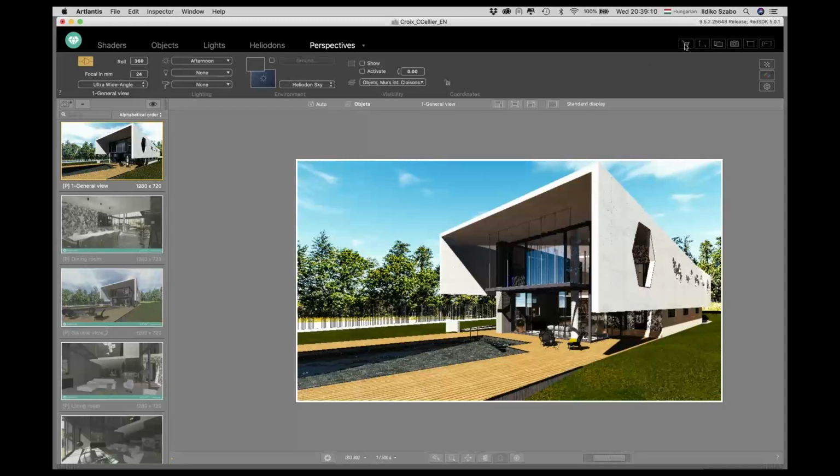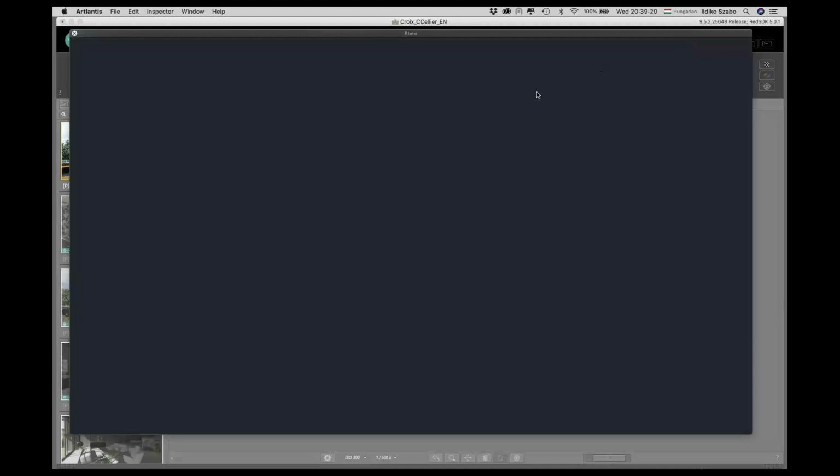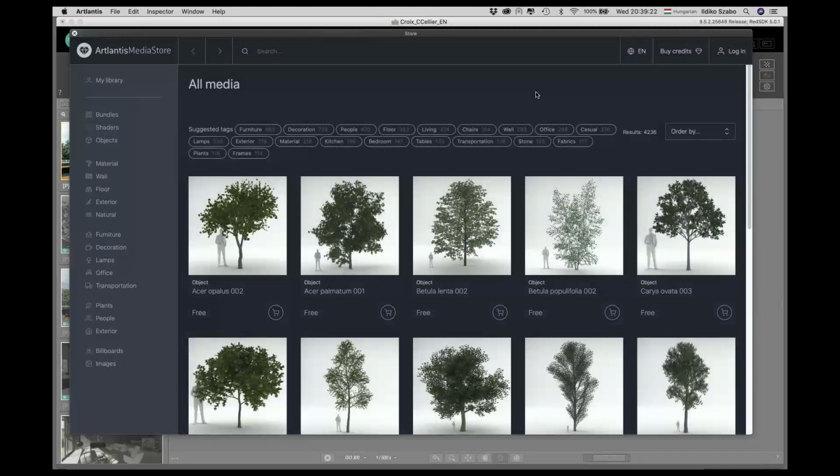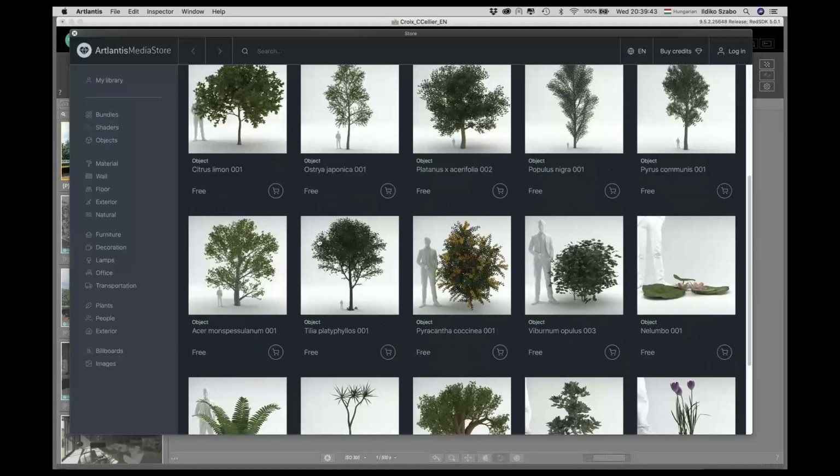So I will access the MediaStore through the internet, through the Artlantis interface. This card icon will open up the store for me. You can log in now with your Abvent ID directly. No different login is requested. And as you see, the organization of the MediaStore is identical to your offline catalog, so you can easily search